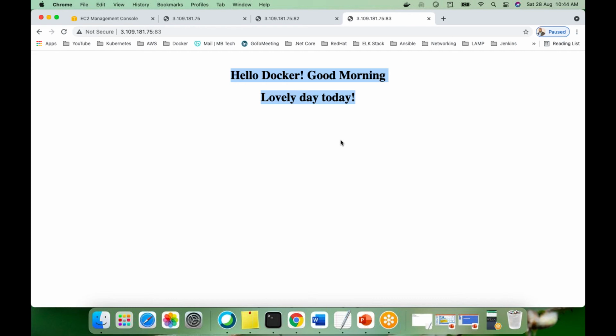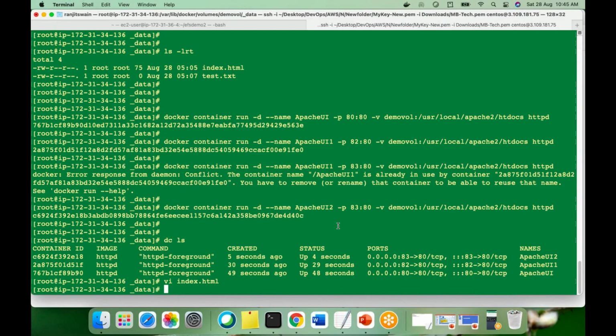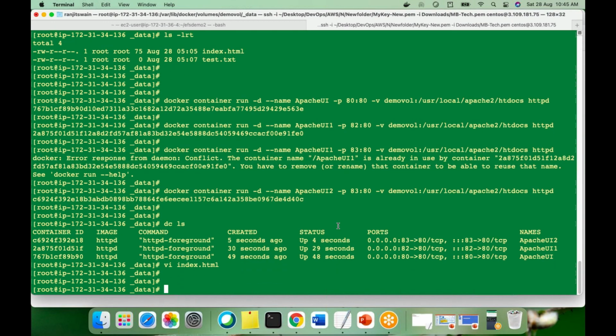So what we have to do: the same Apache server will be there, but my index.html file will be different. Means my application will be a different application. So how do we have to do it? Guys, can you tell me how I have to do it? I don't want this container. Okay, same thing, guys. What I can do, simply,